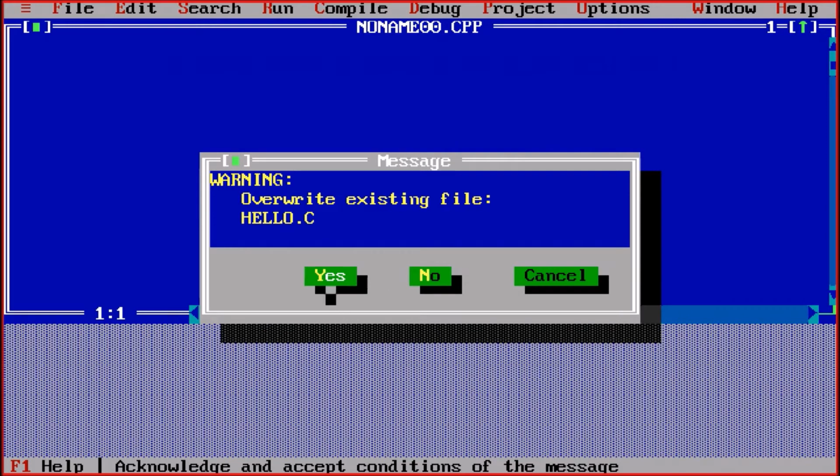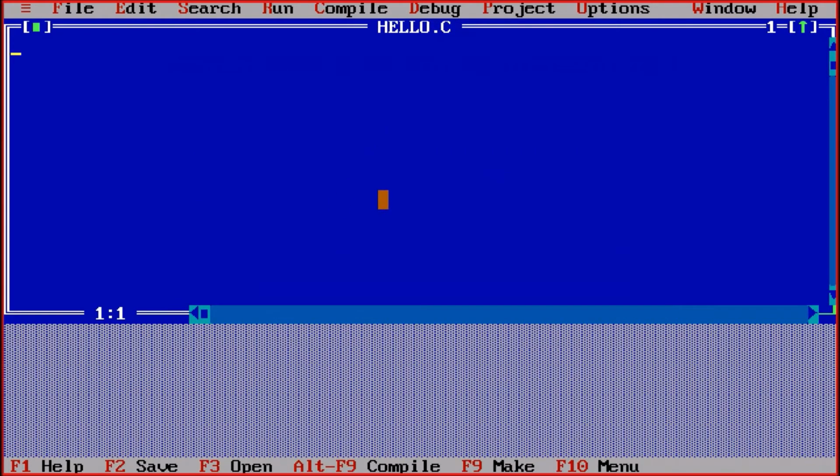Okay, overwrite, yes. If there is already a file existing in your system, that will be overwritten. So hello.c is the name of the file on which we will do the coding. As you know that void main is the main function in which we will write the code. Anything you write over there, the compiler will read it.